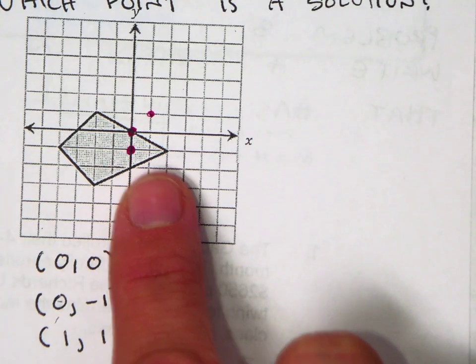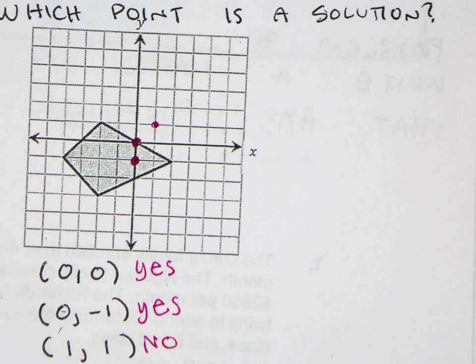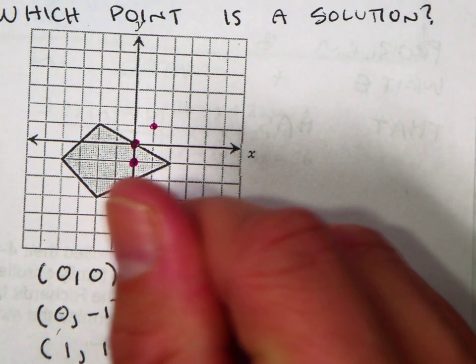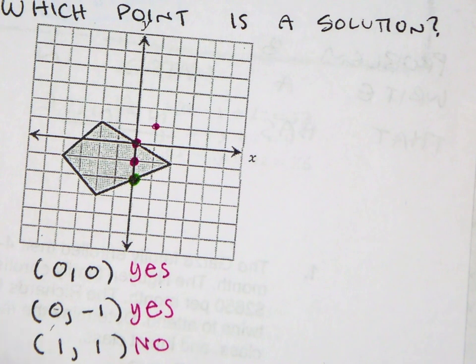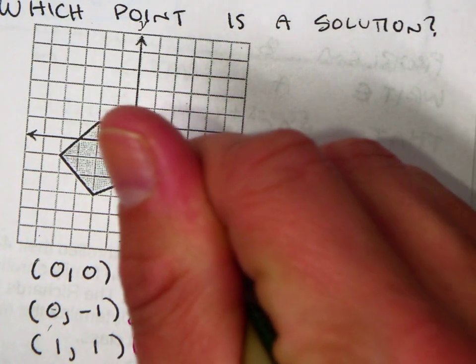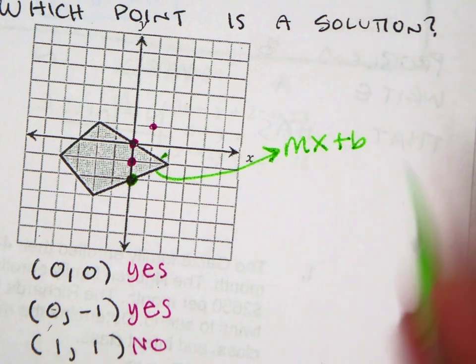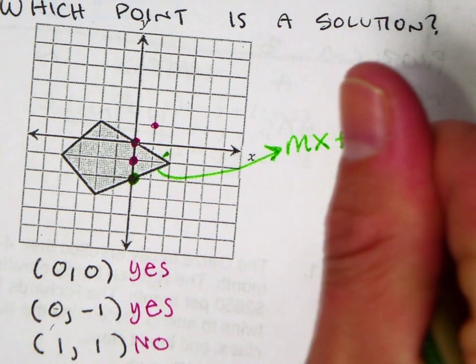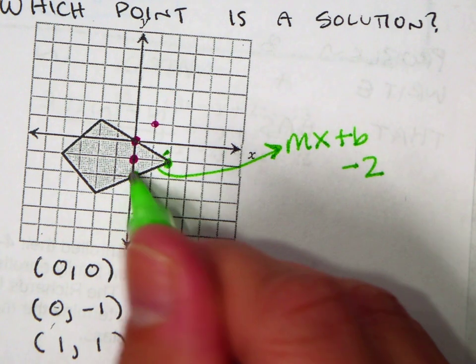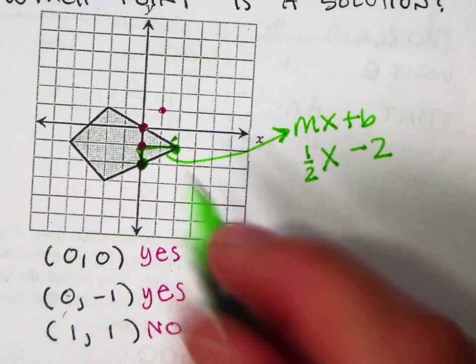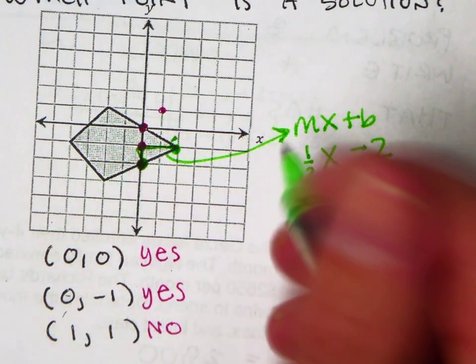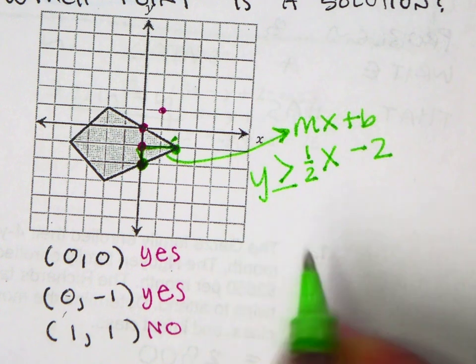And let's talk about, before we move on, just to give more practice, writing this guy as a system of equations, like writing the equations for it. So this guy right here, that color. All right, this guy right here is another mx plus b. All right, it's crossing at -2. And my slope from 2 points on my line, rise 1, run 2. Your shaded area is above that line, so it's going to be greater than, and all of these guys are going to be with the